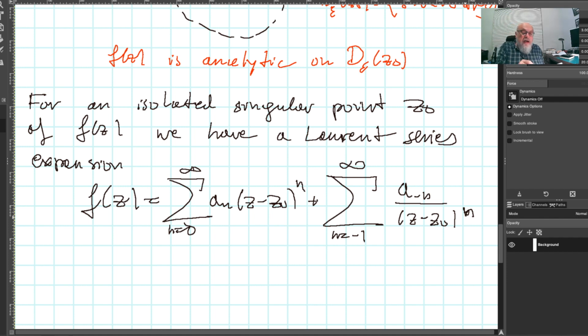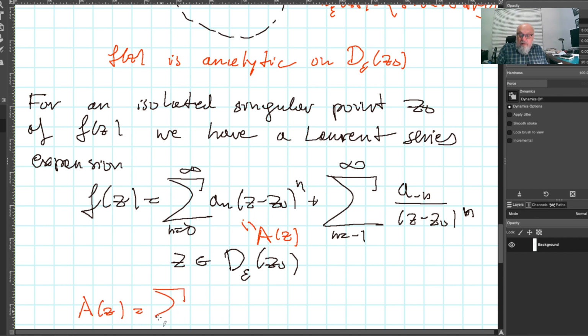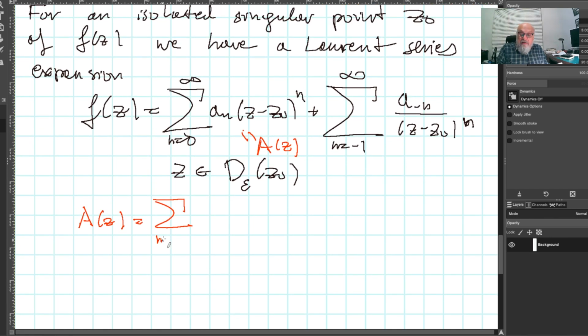So notice that this is a power series. Only z0 is missing here. This is for z belonging to the punctured disk d epsilon z0. So we have this d epsilon z0, this is the annulus. So the first part, I call this A of z, because this is a power series, so this is analytic. So separate them both, and this will be the sum from n equals 0 to infinity of a_n (z minus z0) to the power n. We'll call it